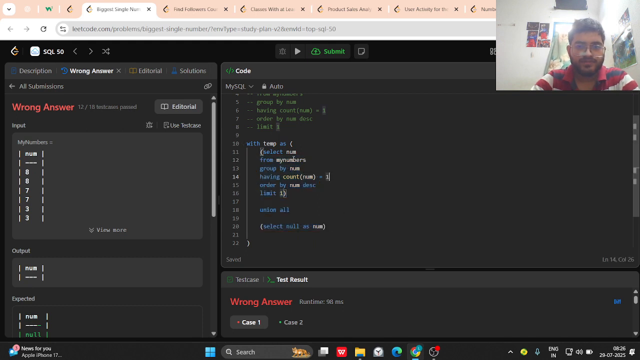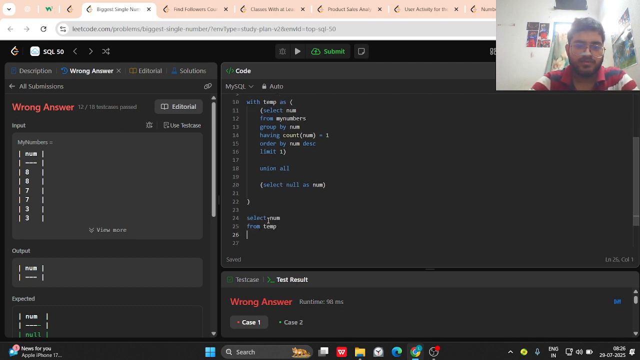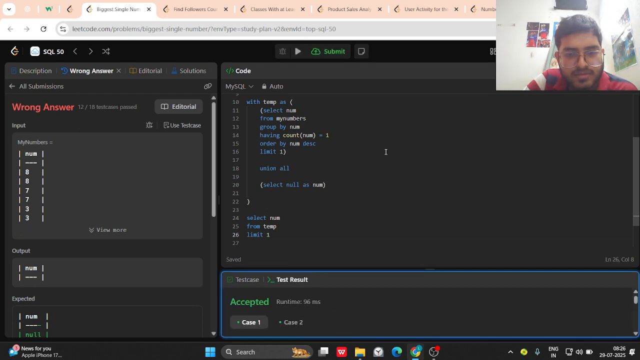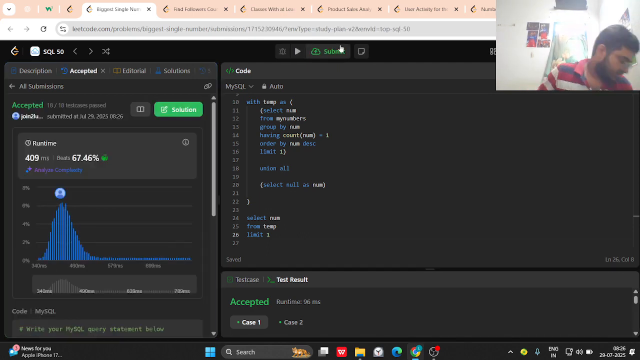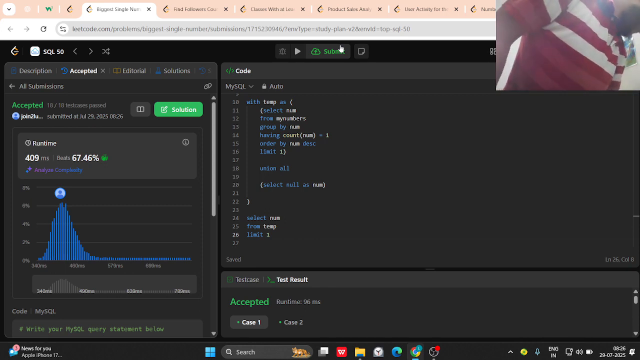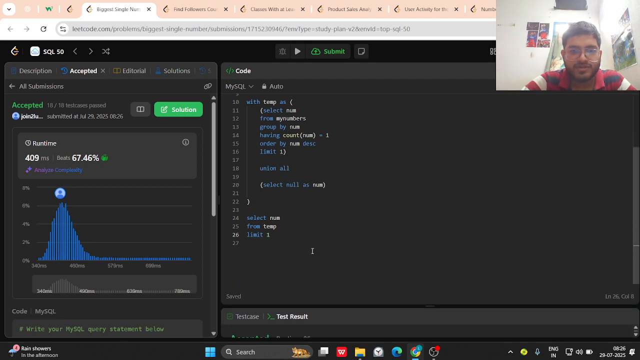Tab and tab. Select now on temp element 1. Sorted. Yes, now I can see the answer. Now we can see the correct answer because I have sorted it somehow using some methodology or jugaad, but